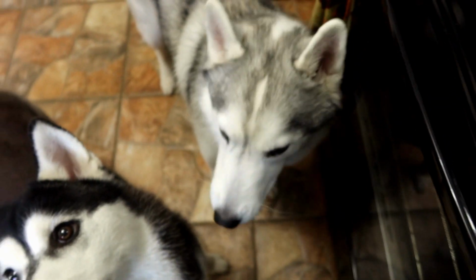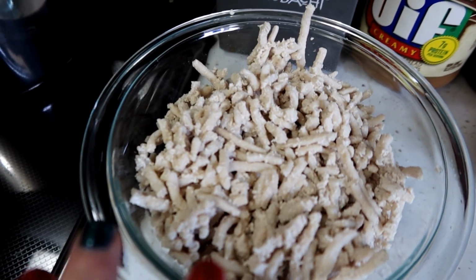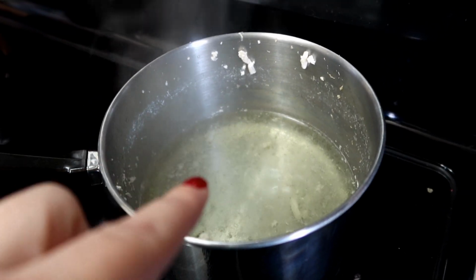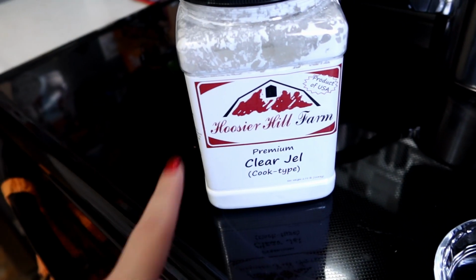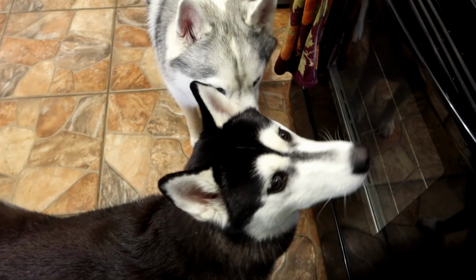There you go. So basically what I did is, as I said, I boiled this and then I drained it. And now I have the juice back in here. And what I'm going to do is make a little bit of gravy out of this. I'm going to use clear gel. You can find this on Amazon. I'll actually put a link for it down below. This stuff is awesome for thickening anything. I use it all the time. It's basically modified cornstarch. You could also use regular cornstarch like you would make a regular gravy, but I'm going